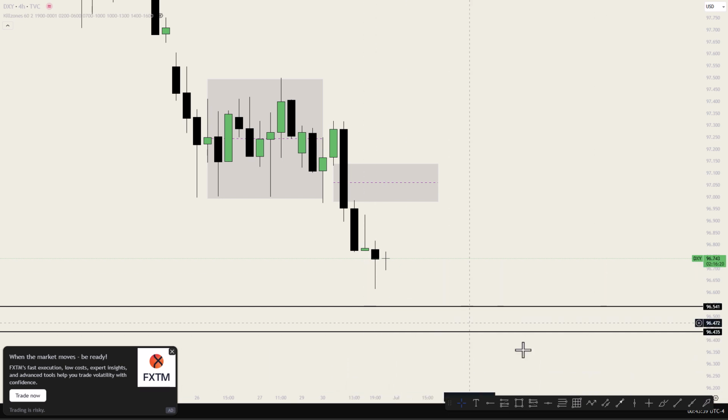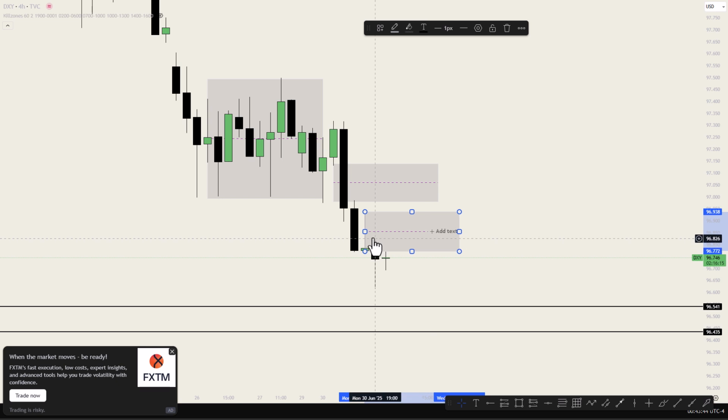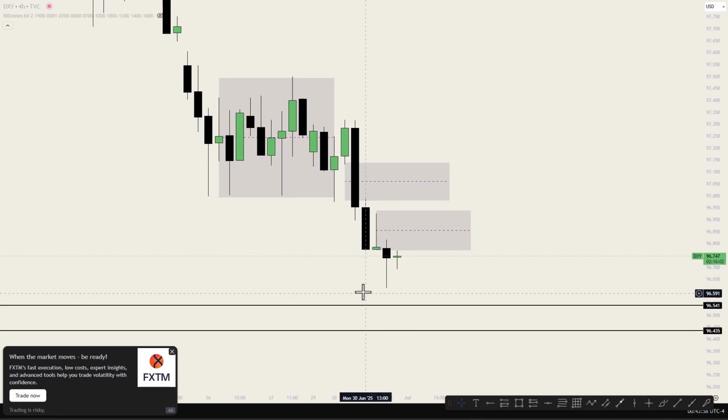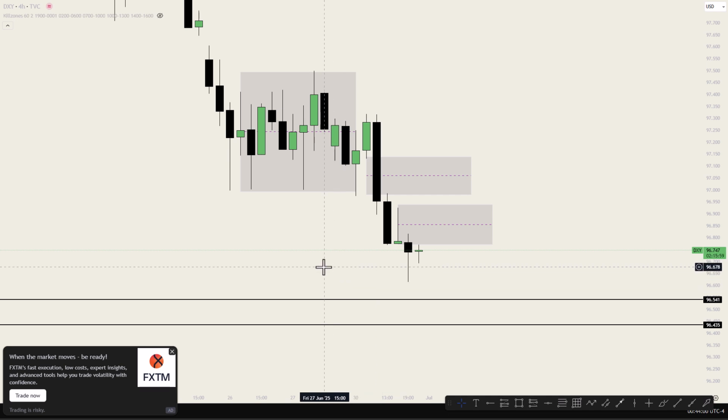But here we see we also have this other block here. This is an up close candle. If price should violate this other block, then this fair value gap will be our target. But I want to see price finding support on this bearish other block for us to target this weekly fair value gap. So guys, this is what we have on the 4 hours.